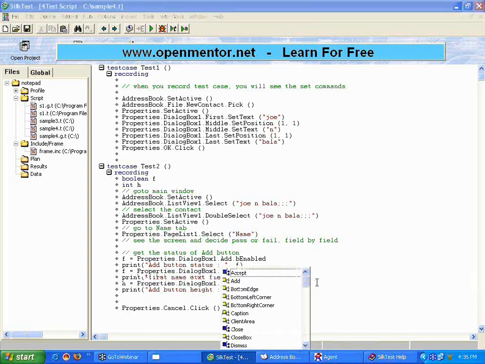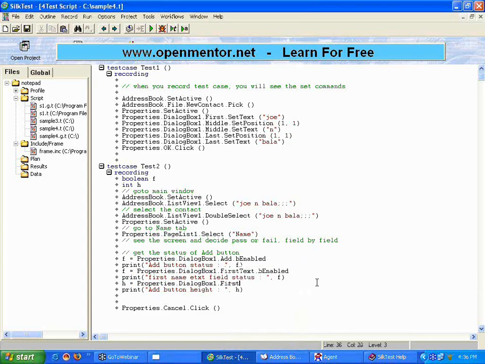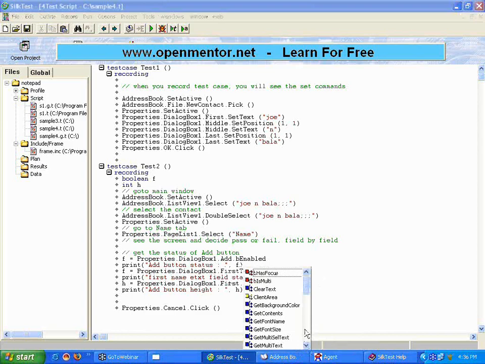Dot first. For this field, if you look here, for the text field, what is the font, what is the font size, everything he is able to get it out, right? Get me the current text, right? Is it bold, is it italic, everything he is giving. But the only thing is you have to first get it and then show it. How do I do it? Let us first go back here. Get,